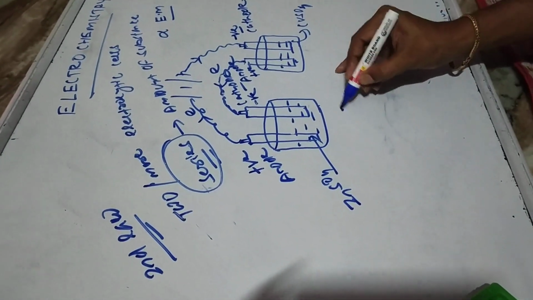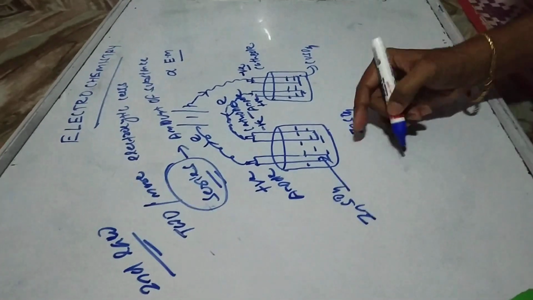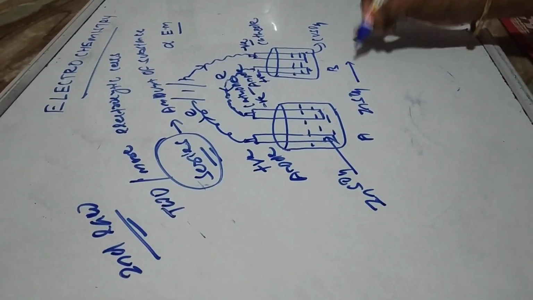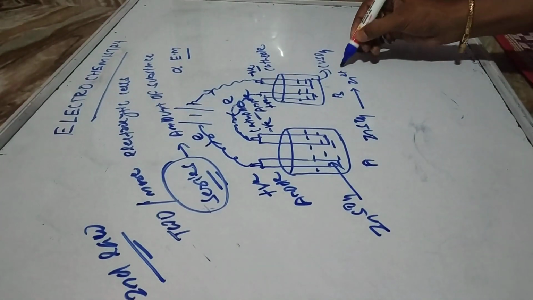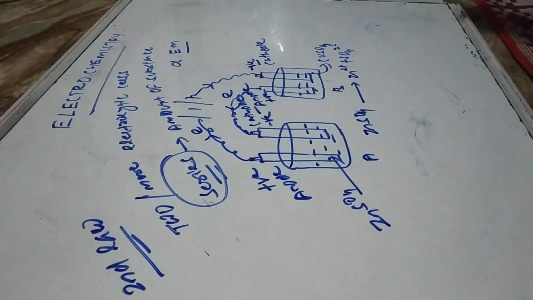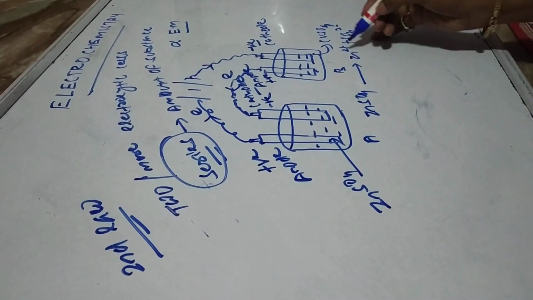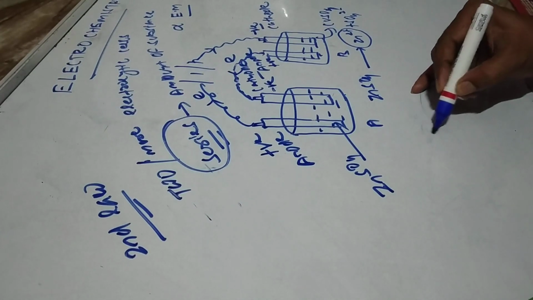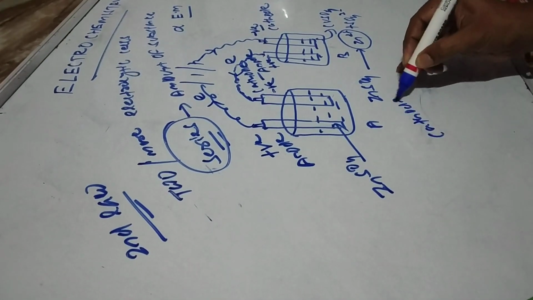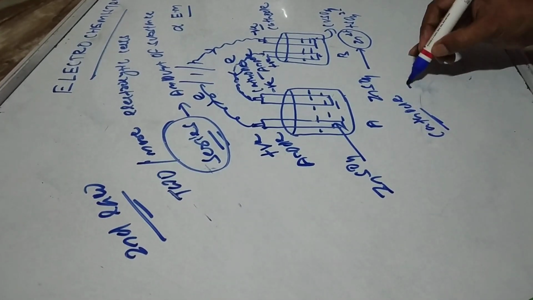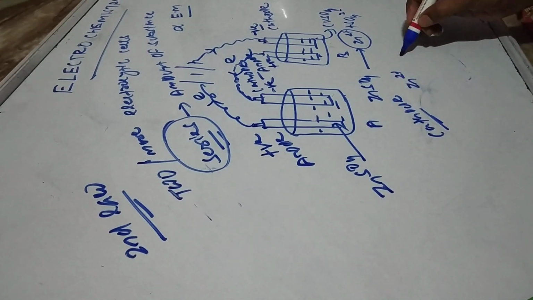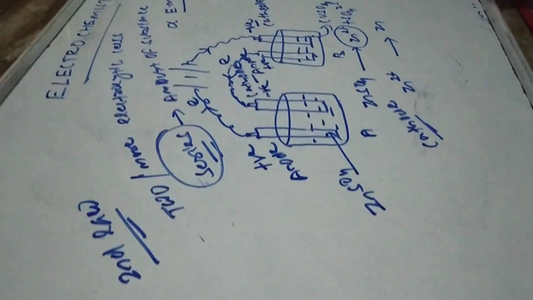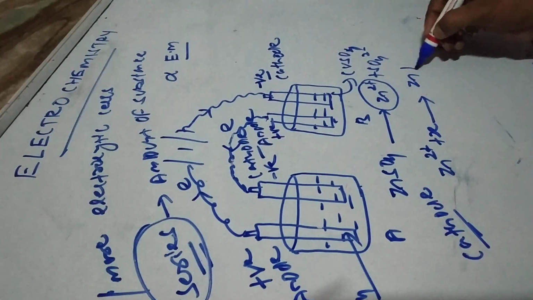When the zinc sulfate starts to ionize in cell number A, and this is, let's say, cell number B, it gives Zn2+ and SO4 2-. Now the Zn2+ will migrate towards the cathode, because the cathode is negatively charged. When the Zn2+ migrates towards the cathode, then what will happen? The Zn2+ undergoes a reduction reaction and will be converted to zinc and will be deposited on the surface of the cathode.